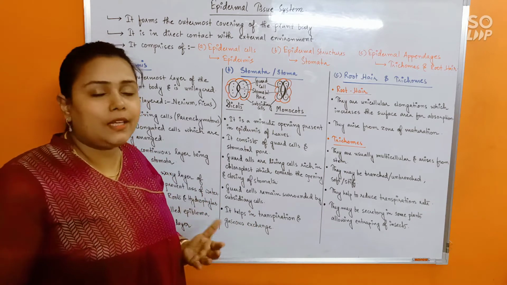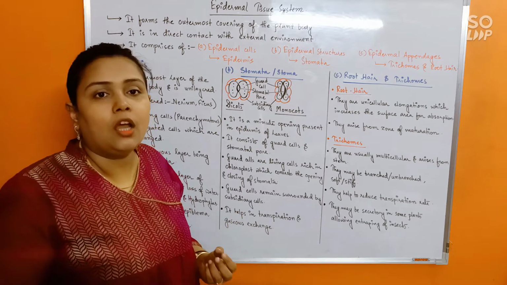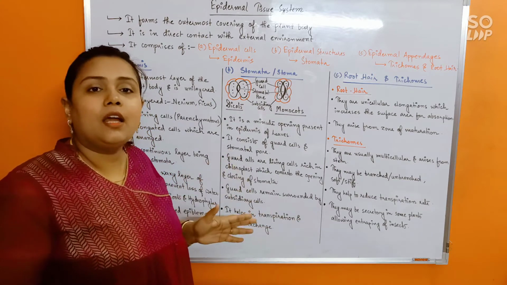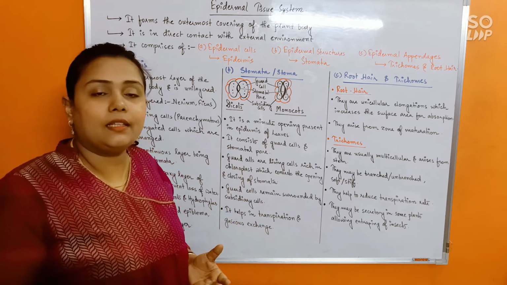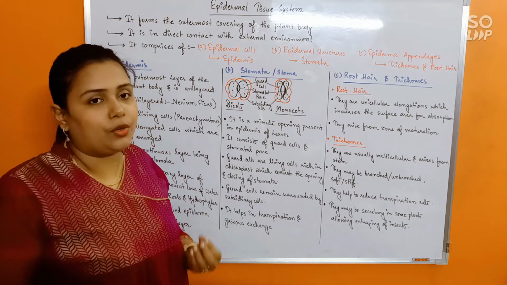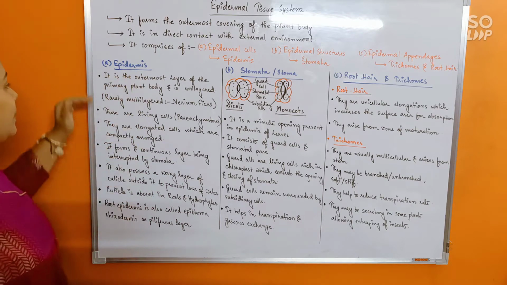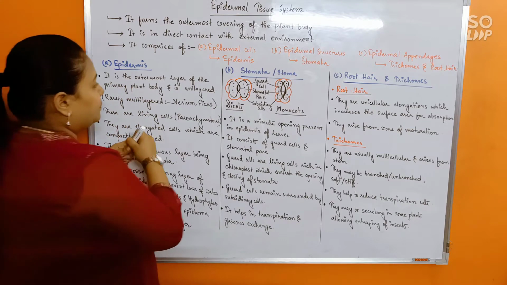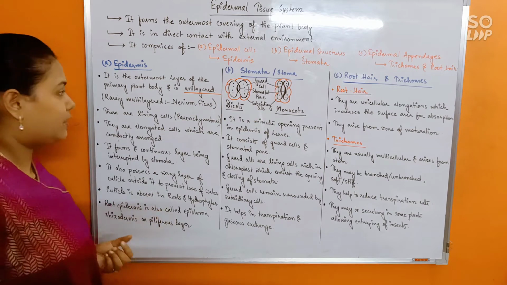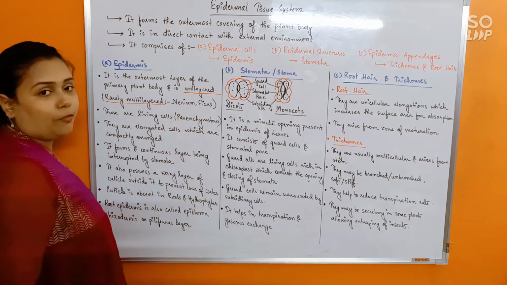Okay. Now mostly it is single layered, but that doesn't mean there are no exceptions. Biology is a science of exception after all. So you have exceptions found in every category. So even if the epidermis is mostly single layer, in certain plants epidermis is found to be multi-layered as well, like in ficus or nerium. See, it is the outermost layer of the primary plant body and is mostly unilayered. Okay, that's its major characteristic. Now, rarely it may be multi-layered as well, like in case of nerium or ficus.